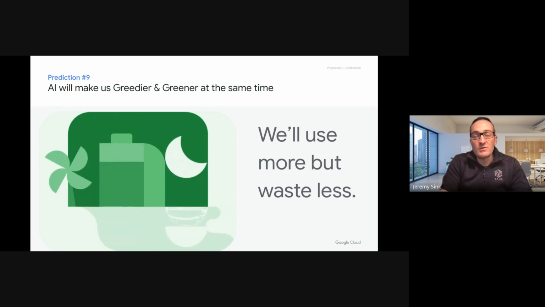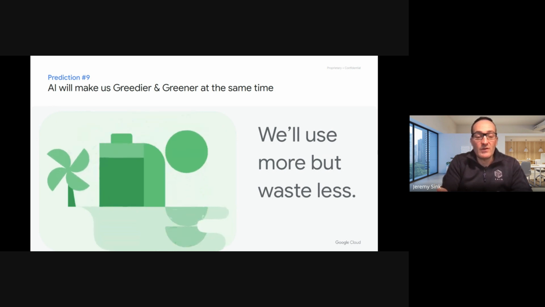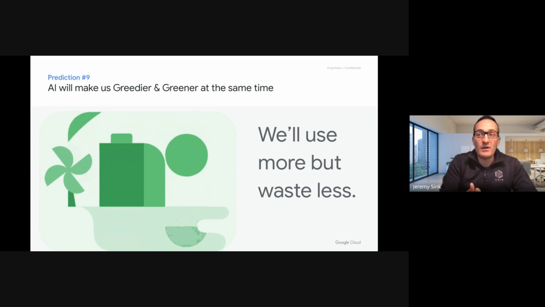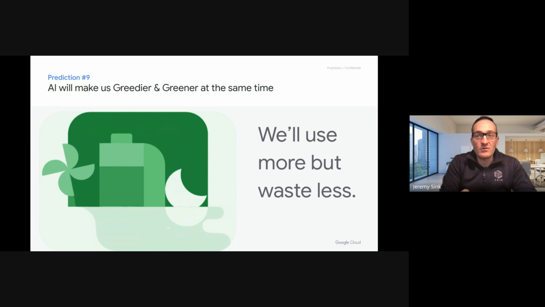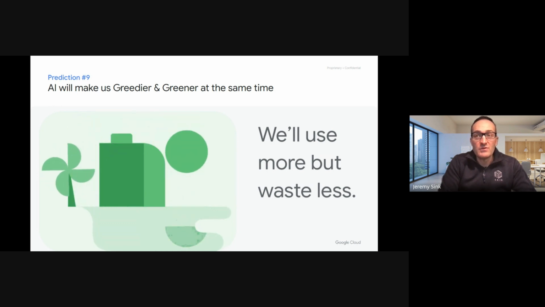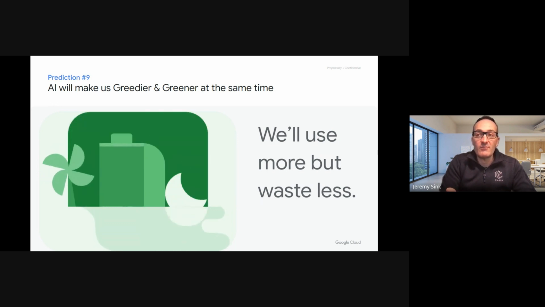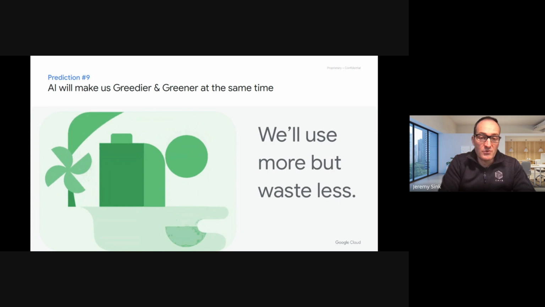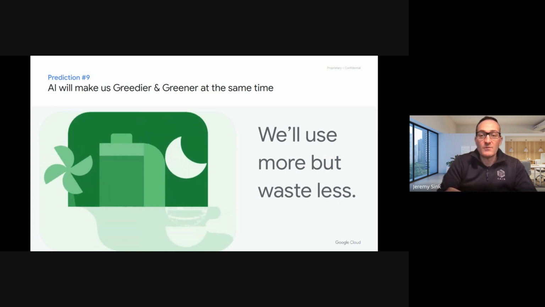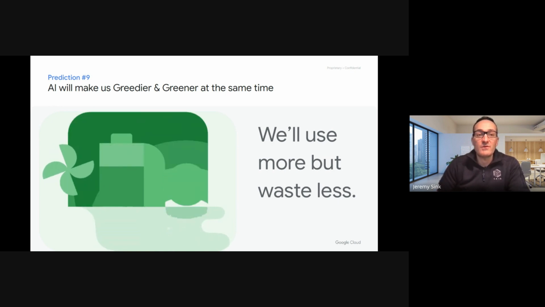We'll need to reduce emissions by 45% over the next 10 years to meet the Paris Climate Agreement goals. Training one natural language model produced emissions equivalent to 125 round trips from New York City to Beijing. If the internet were a country, it would be the 4th largest producer of carbon emissions. So we've got to figure out a way to make that the most efficient and the cleanest way.